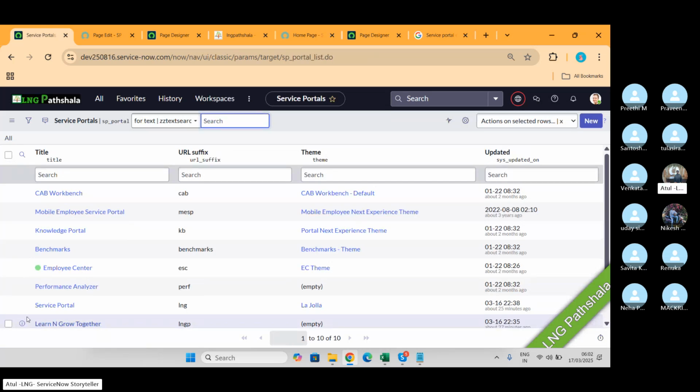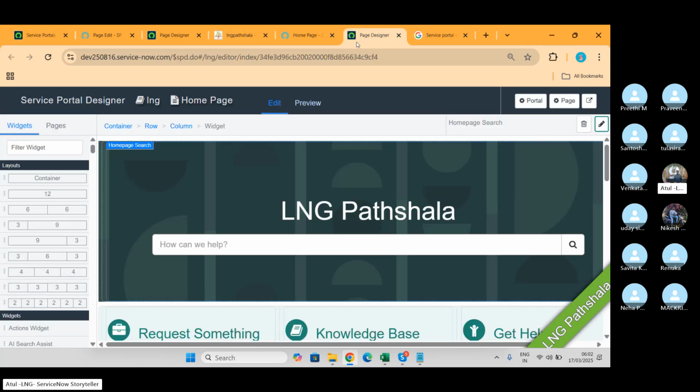Tulsi just added. I want to see that in my portal, which widget is taking more time, which box is taking more time. How can I get that information?